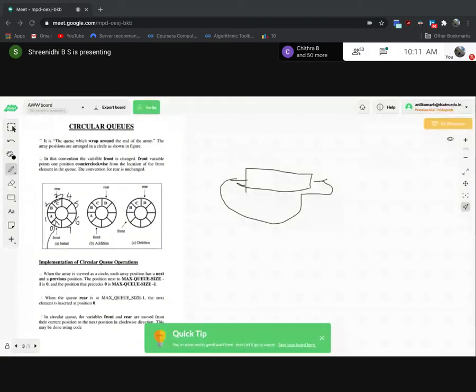So at this position, rear is there. So here no data. Okay. Initially front is at -1. So now we will take it to here. A at the 0th position, we will represent it here. Now by incrementing the front value, what will happen?